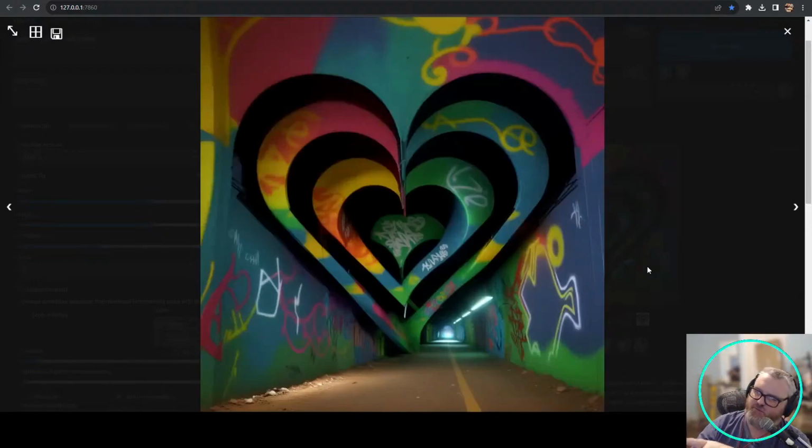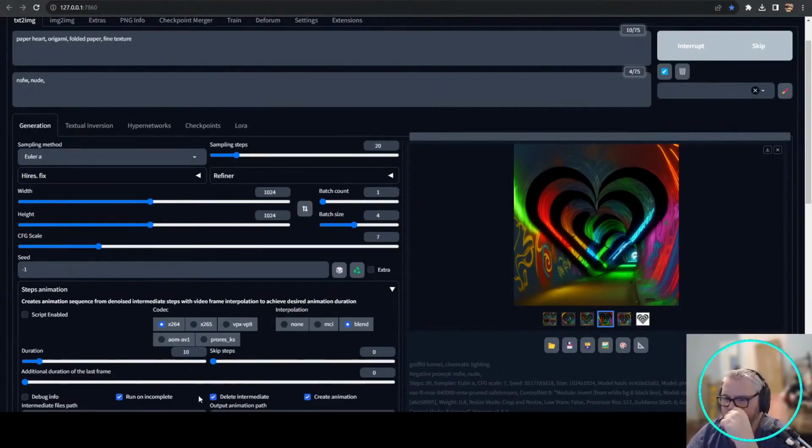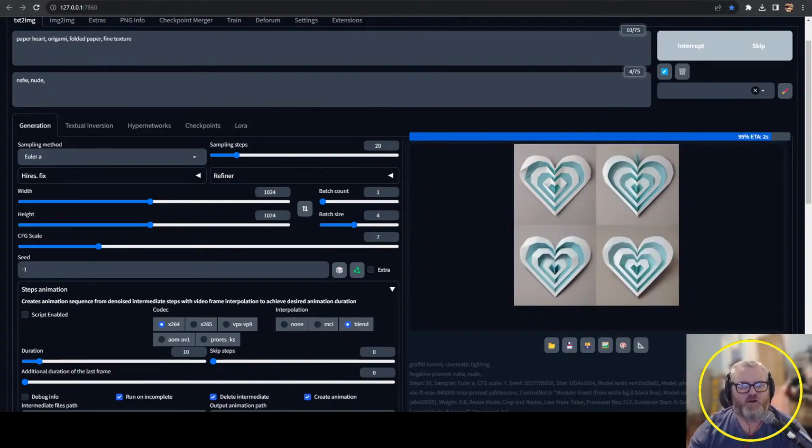I like when it messes with the perspective and skews the eye. That's really trippy. Oh, I see what happened.